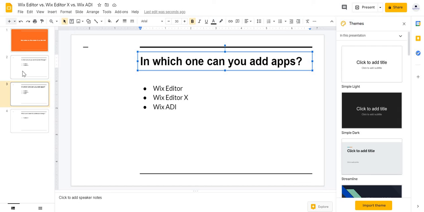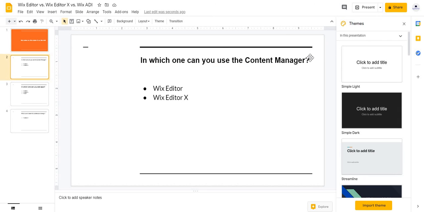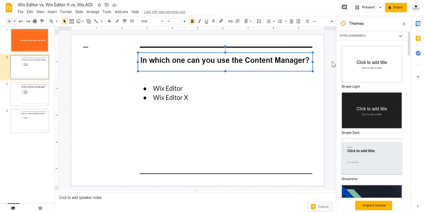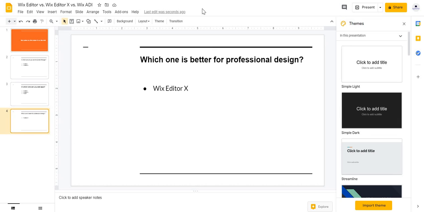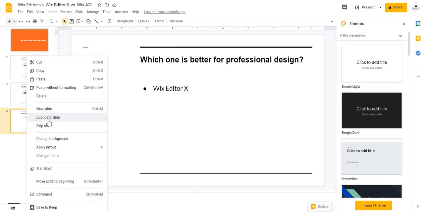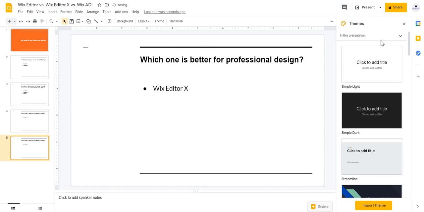Let me wait a second. Okay, it's okay. Okay, this one I am gonna duplicate it. Which one is better for